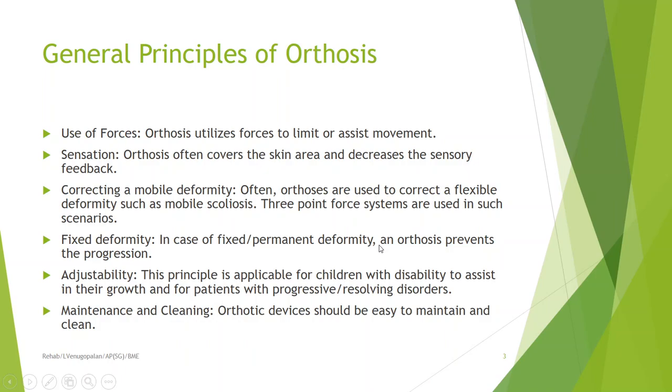However, there are scenarios where the person walks with an impaired gait. We know different types of impairment in gait, right? Parkinsonian gait and scissoring gait and so on. So suppose a person has an impairment in gait. The orthosis would be limiting the movement of your knee or your ankle to correct that impairment, to make sure that you walk in proper gait. So that is limiting force, and assisting force is like aiding in grasping an object, right?